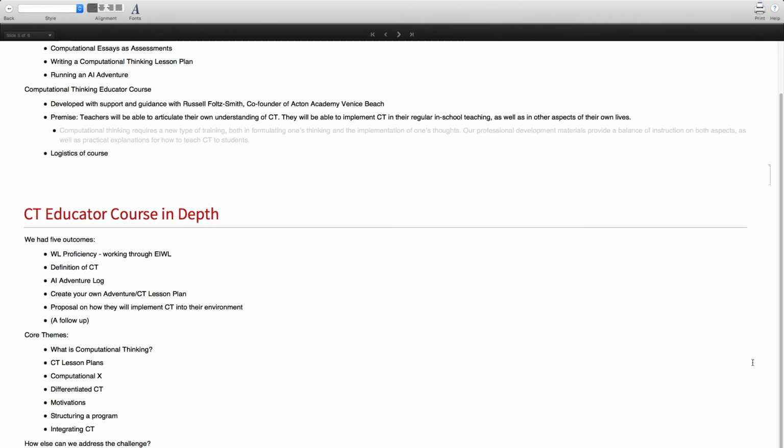Basically to get a clear understanding that this is something that they were deeply interested in and wanted to work on. And moving on with that, it was structuring a program. Basically, if you can't integrate this into your curriculum, what can you do? What else can you do? And what are those components of a program that are going to be required?